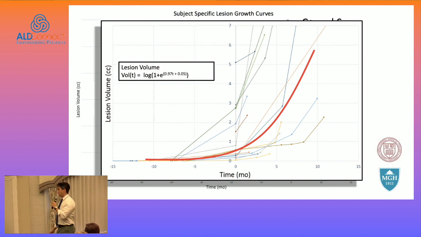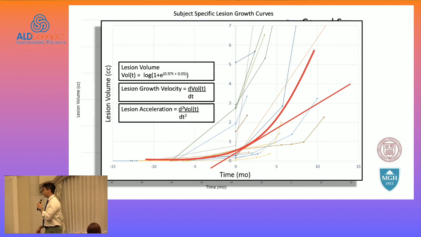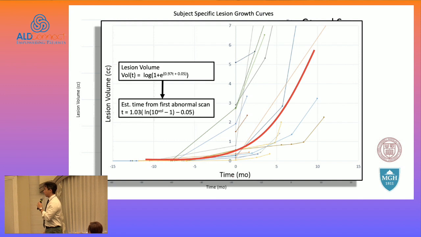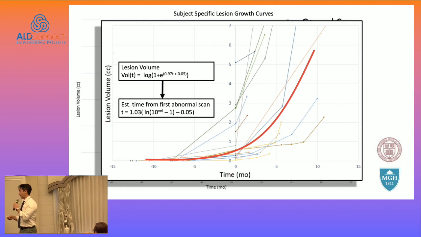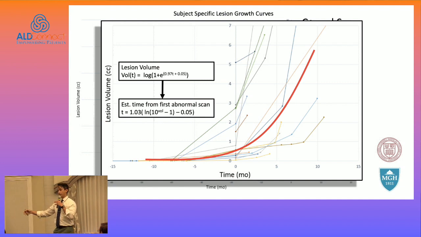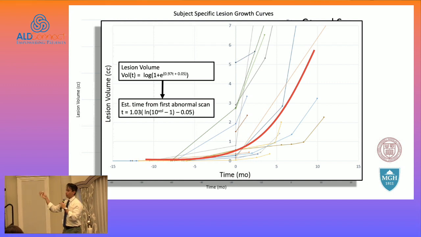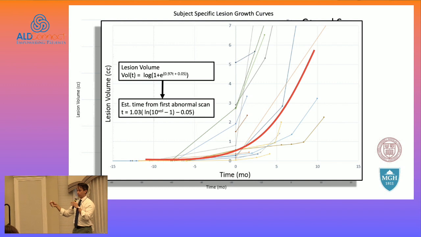And then you can do a couple of things if you know basic mathematics. I can tell you how fast your lesion is growing as a function of the time from your first abnormal scan and how fast you're accelerating. But we'll leave that. What's more clinically useful is that if you solve for the time, one of the ways we can analyze this is we get a scan and someone says, maybe this is a LESS score of 1 or 2, but we really want to know how far into your disease you actually are. We can calculate the volume and then give you a time from when we thought there was the appearance of your first lesion.